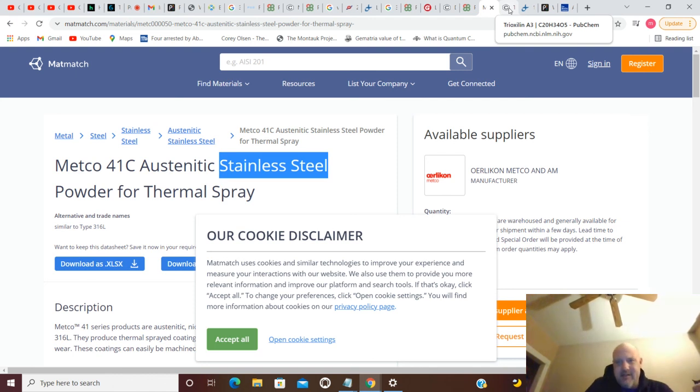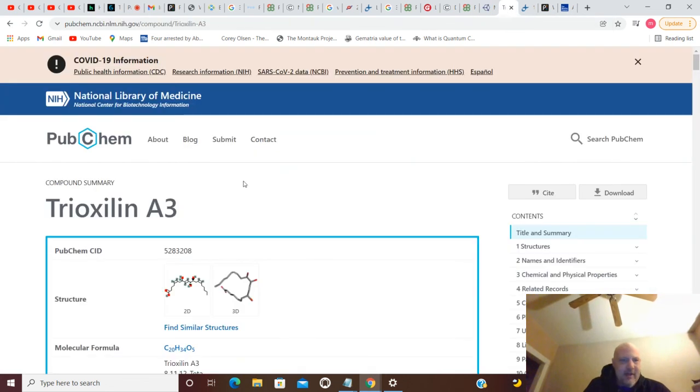There were a lot of steels and metals in the atomic numbers. And we had steel coming forward in chemical, and now we have steel coming back, steel powder for thermal spray. All right, if we move on from that, you have A3.